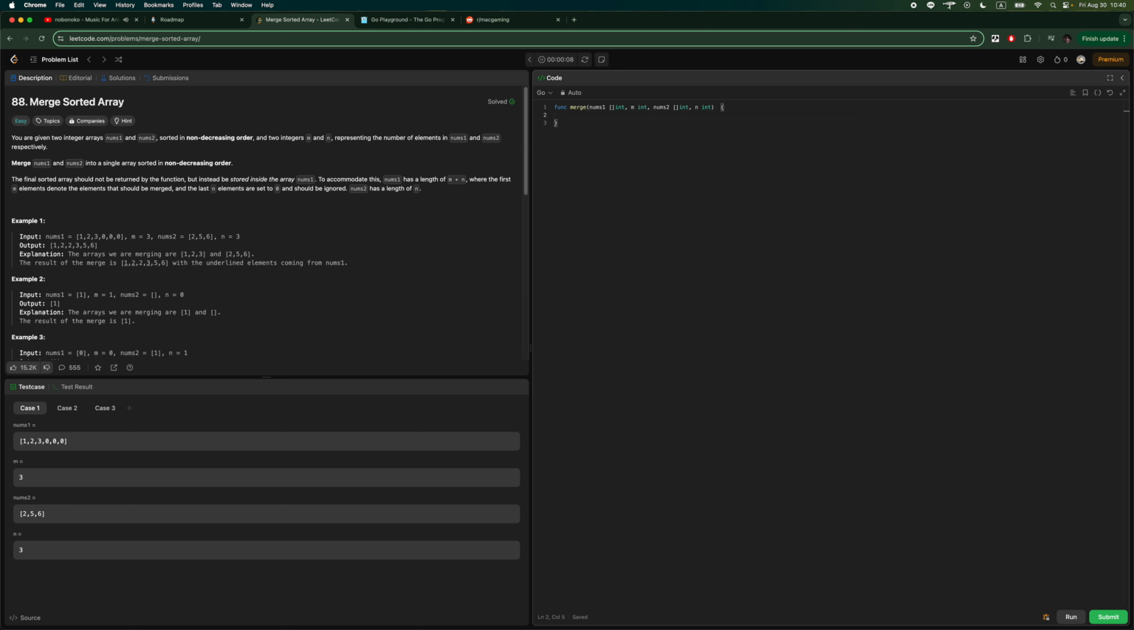Last time I tried attempting it by having a temporary array, checking between nums1 and nums2 from the start. This time I'm going to try finding a different approach. Let's just write some notes down. We know from the question